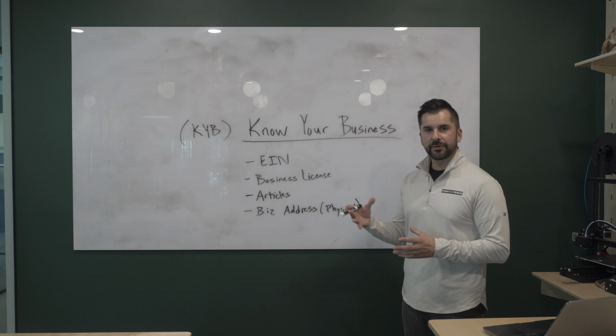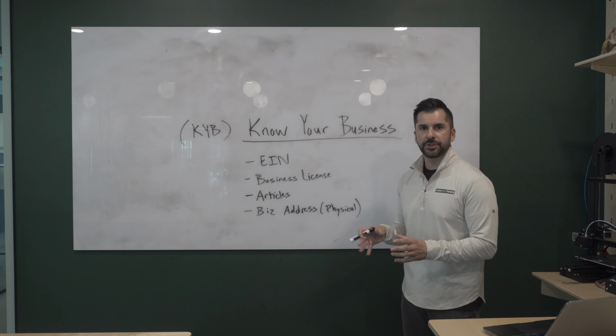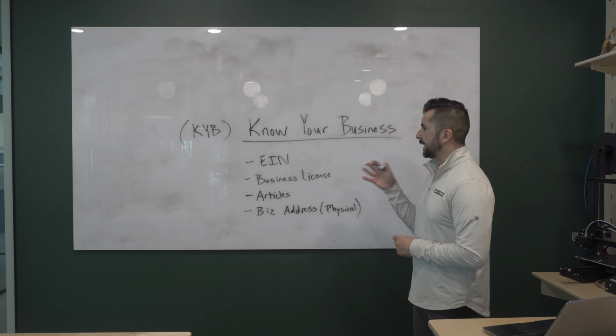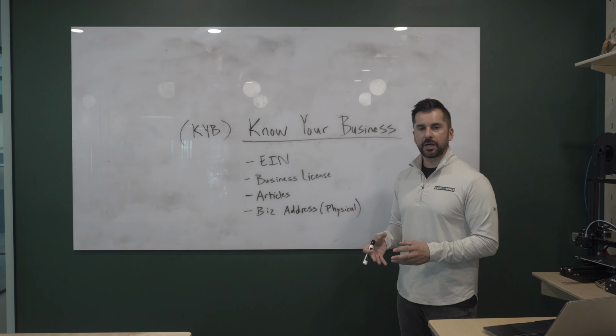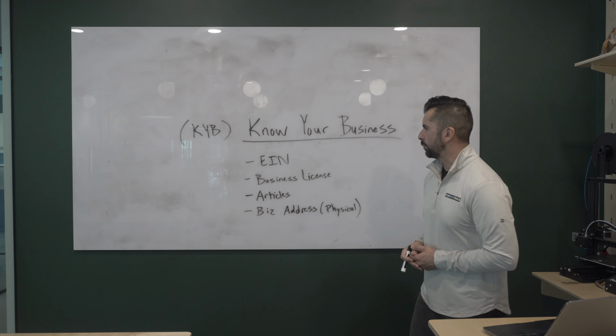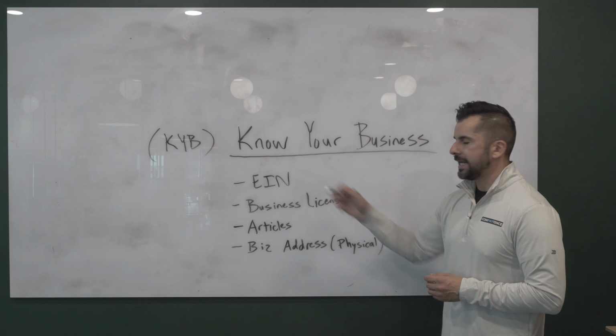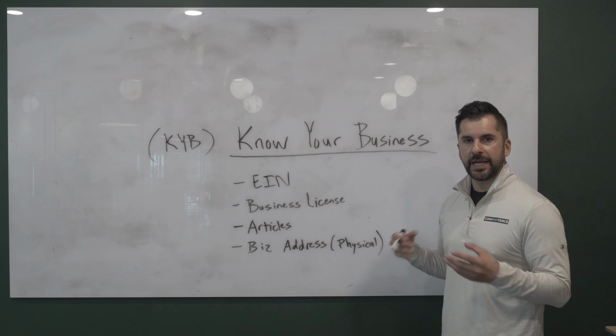So perfect. We covered just the KYC requirements, which are more towards your personal information. Now we'll cover the KYB, or know your business requirements, that banks will check and validate against the information that you're providing. The first one, again being more US specific, is the EIN, or the employer identification number, which